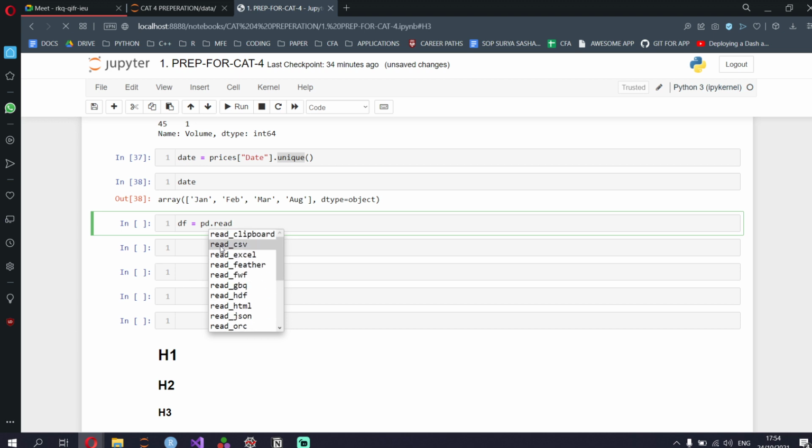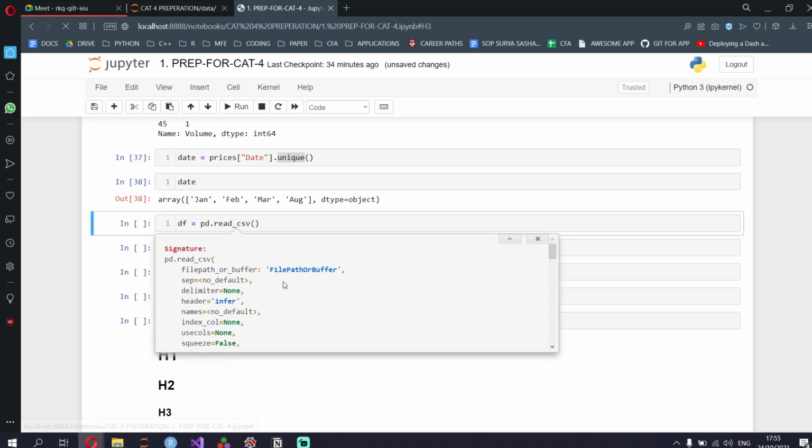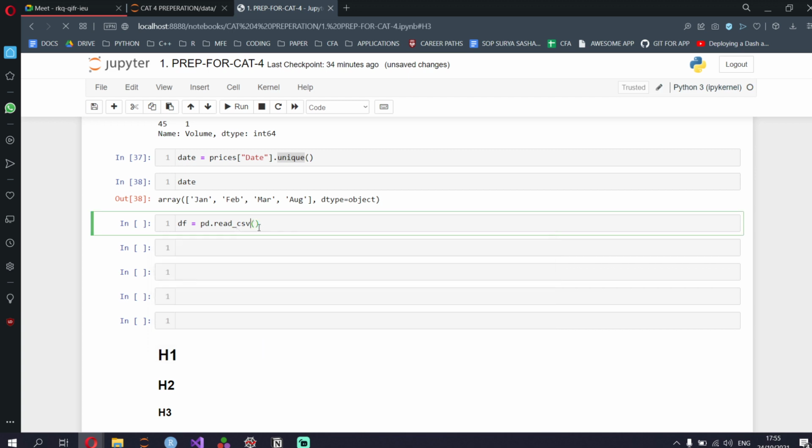So I put read underscore csv, and then the parentheses. Now I press shift tab inside the parentheses, and I get the first parameter. It's called filepath or buffer. You don't need to put the separator, delimiter, and everything unless explicitly asked for. So pd.read_csv, and remember we put the file in the data folder. So put it in quotes, data slash to go into the data directory, and press tab. Over here it shows what files are inside.